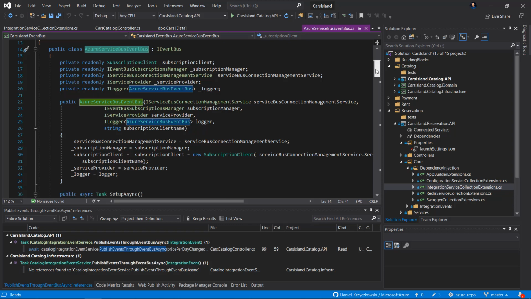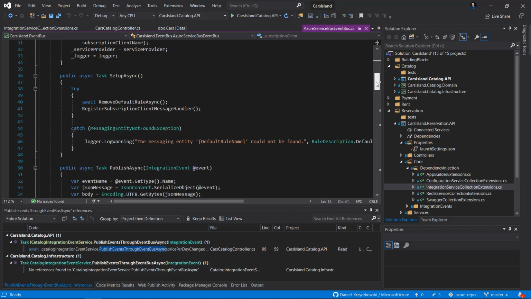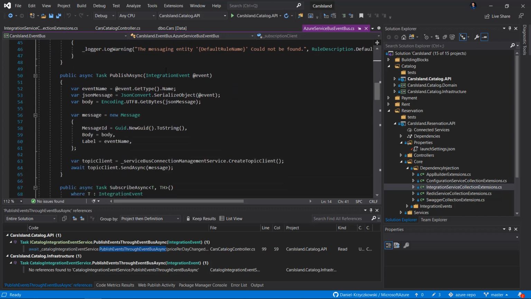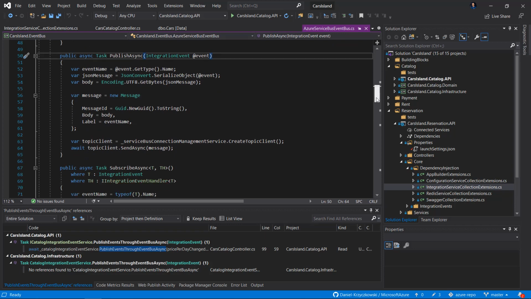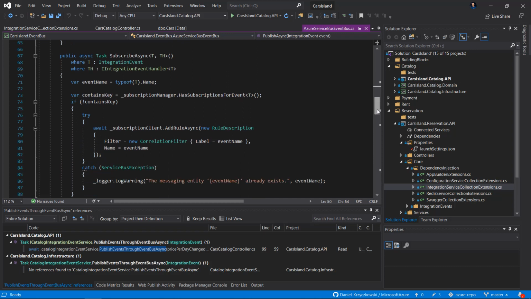And inside this Azure Service Bus Event Bus class, what we have here, there is a publish method. So we will use this method to publish events through the Azure Service Bus. But also, as we can see, there is a subscribe async method. And here you can notice that we are using the subscription manager to make sure that we are not subscribing to an existing event. So here what we can do, we can check whether we already subscribed for the event. And if we did not subscribe to a